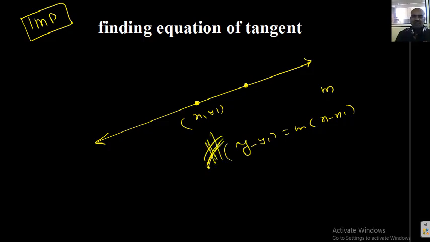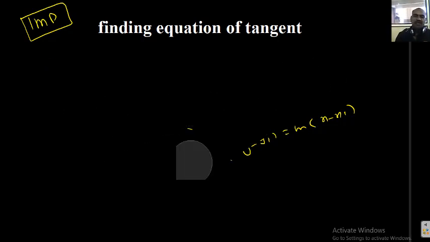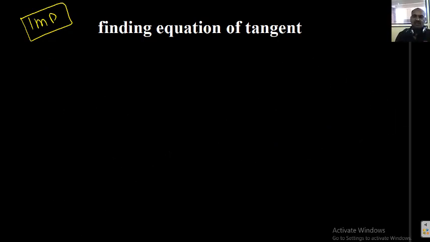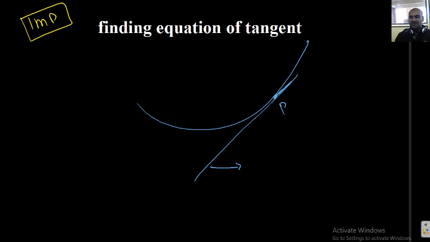Okay, students? Now the meaning of this concept is: if a curve is given, and on that curve a point P is taken, through that P if it is possible to construct a unique tangent, then what is the equation of this unique tangent? How to find the equation? We want to find the equation of this. 2 things we should know. Basically, the slope of that line. Second one is a point on that line.